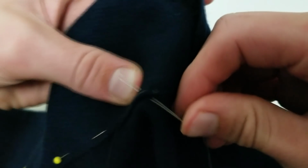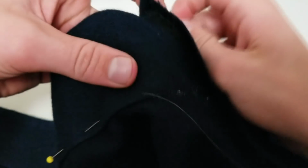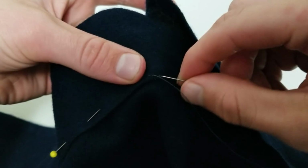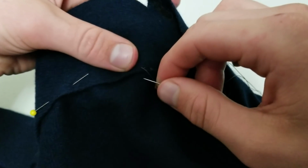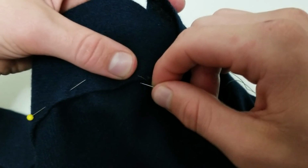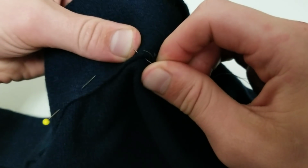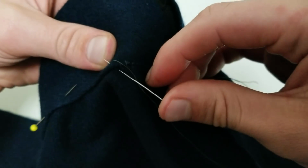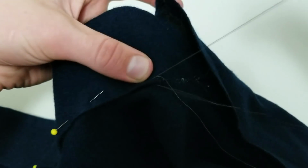So again, diagonally through, pull all the way, and there you go. That is the overcast stitch for the facing of the coat on the inside. And just one more time for good measure. Again, diagonal, about 45 degrees, and